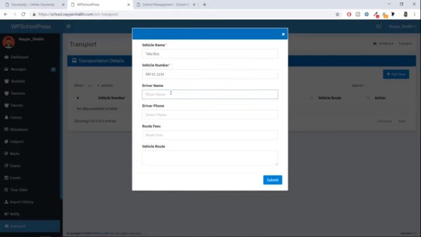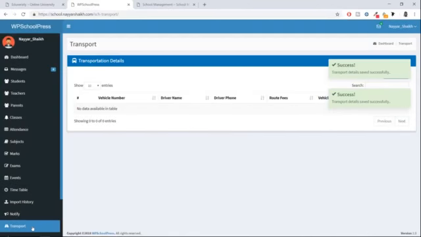Driver name, let me make this person the driver. Driver's phone number, let me enter this. What is the fee for the transport? Maybe 600. And you can enter the route. For example, this vehicle starts from Bandra to Mahim to Sion. Click on submit.